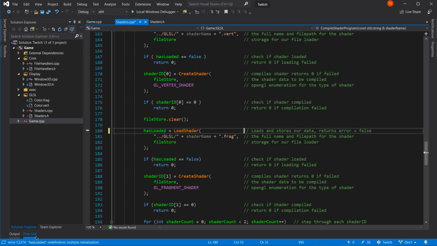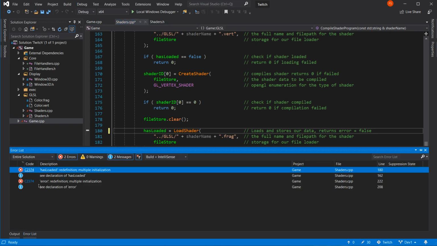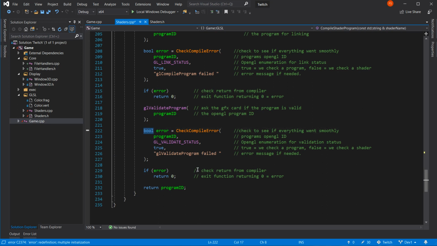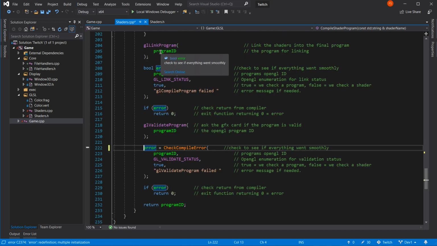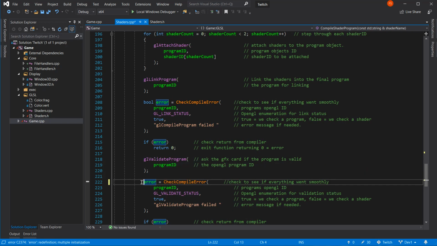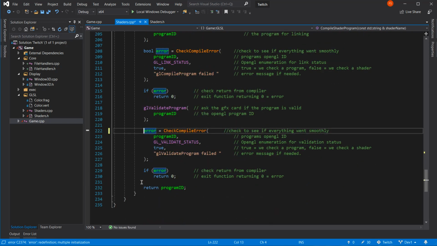What was the other one? That one as well. Yeah, take the bool off. That's what it means by redefinition: I've called it a bool twice, where we've already declared it as a bool there. So it already knows it's a bool. We don't have to tell it again. It's silly little things like that.